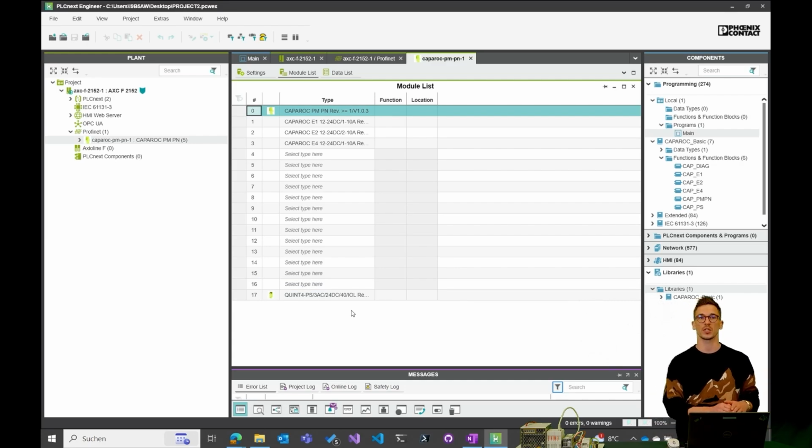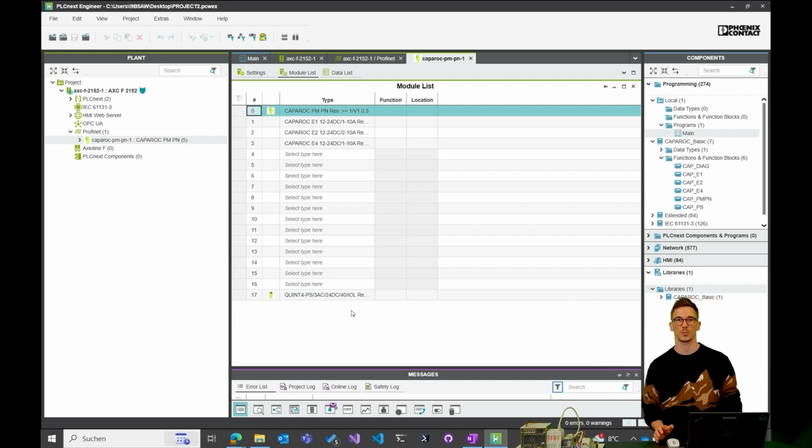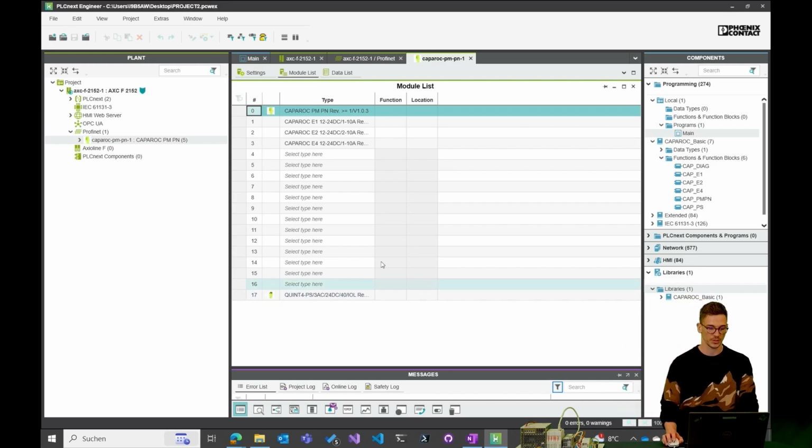So in total you can attach 16 circuit breakers in different versions according to your needs to this system. Like I said, I'm using a 1-channel, 2-channel and a 4-channel version here, and I already attached them and integrated them here in my Profinet setup.